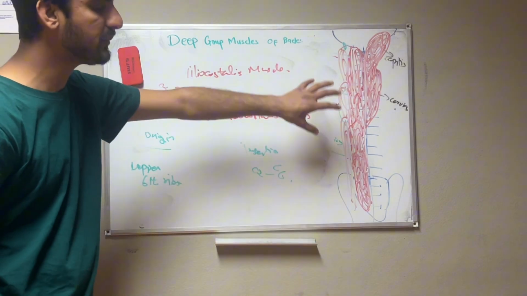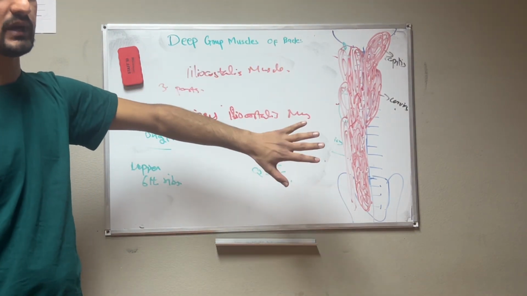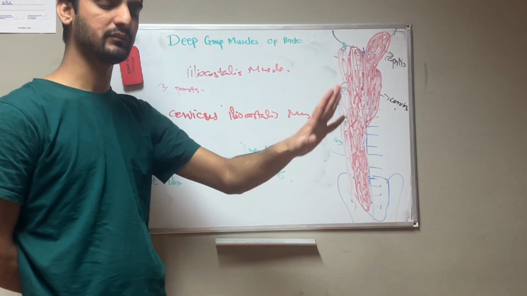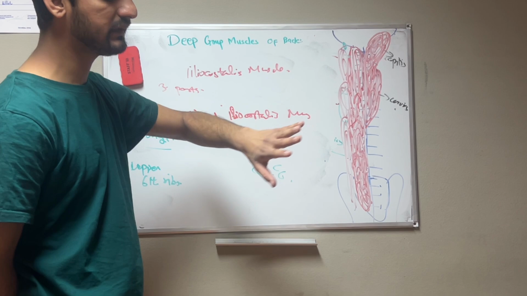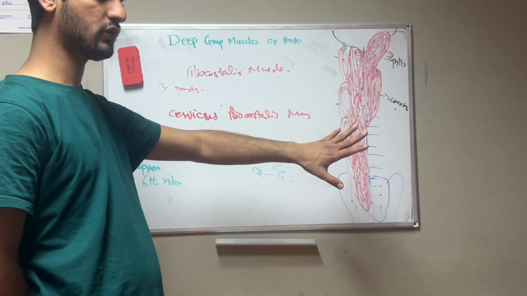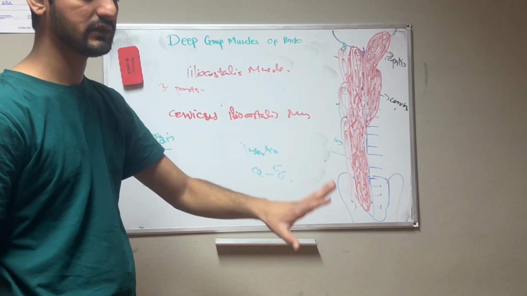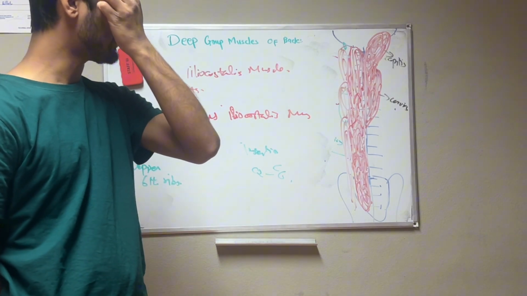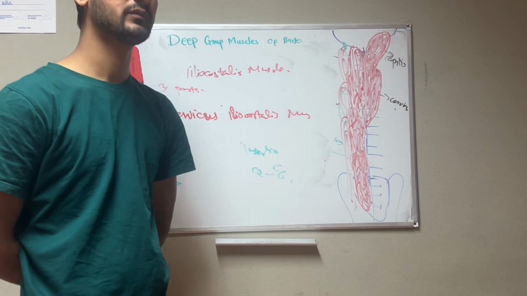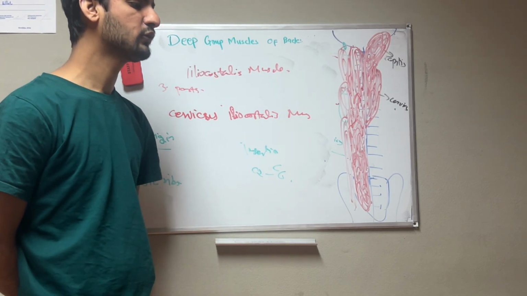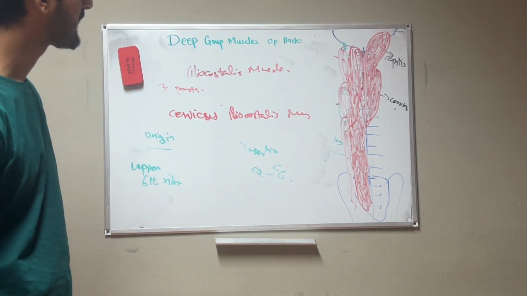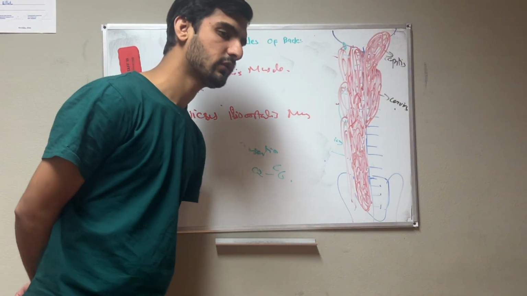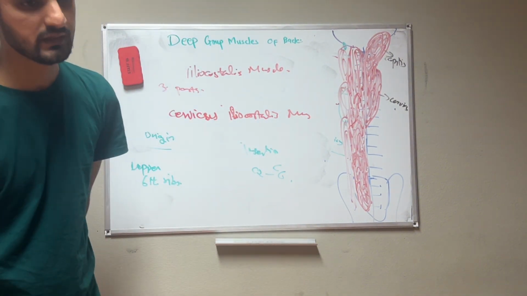Okay, and these deep muscles are covered by fascia. Fascia is a sheet of connective tissue which covers the muscle and separates it from the other muscles. The deep back muscles are covered by the thoracolumbar fascia, and the superficial group of muscles is covered by the superficial fascia. There we also have the superficial lamina and deep lamina. These are our topics finished for today about the deep group of muscles, and we also already discussed fascia, and the next